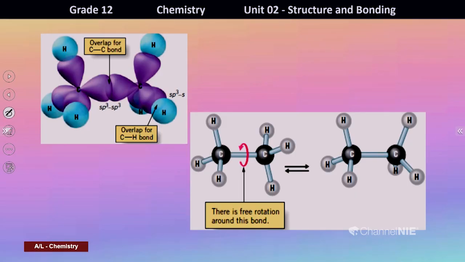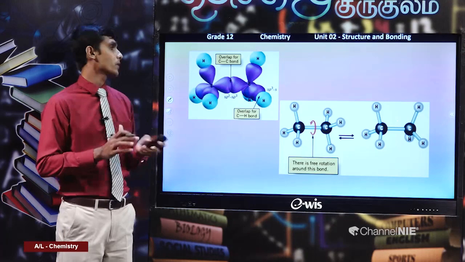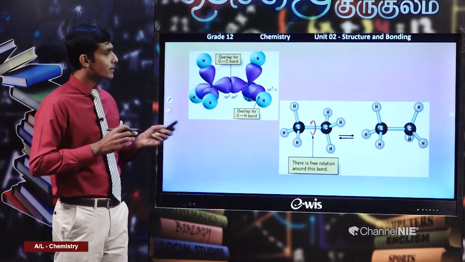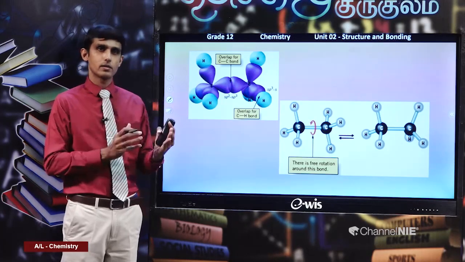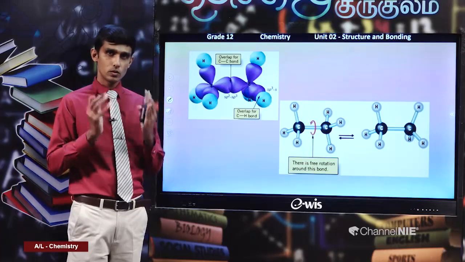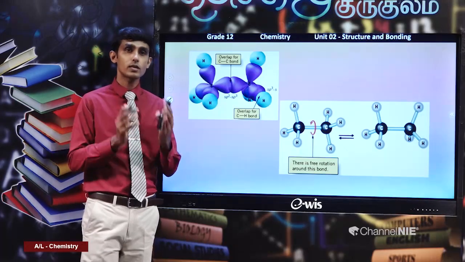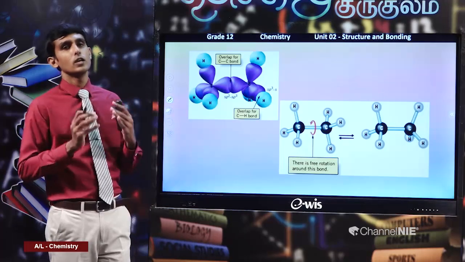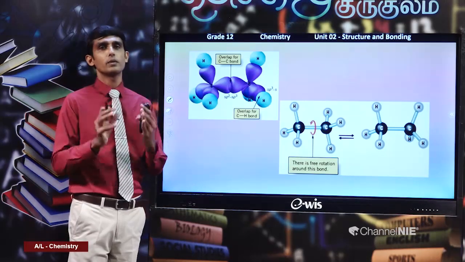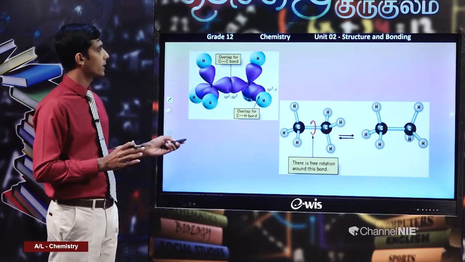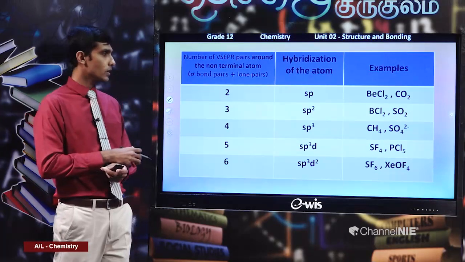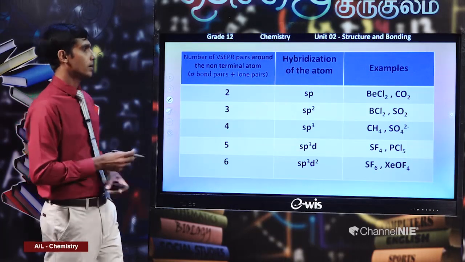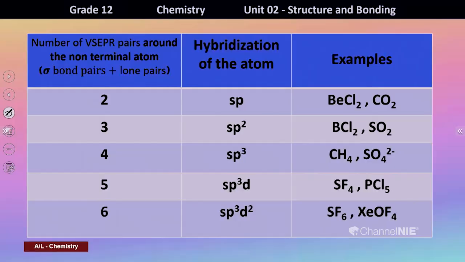Right. Now we have learned about sp hybridization, sp2 hybridization and sp3 hybridization. Now I will make things easier. When you are given a particular molecule or ion, you should be able to draw the Lewis structure that we have already discussed. Once the Lewis structure is drawn, just by looking at it, you can easily deduce the hybridization. This is the way you can deduce the hybridization. When you know the Lewis structure of the molecule, let's say for example the SO2 molecule, we know the Lewis structure is this.